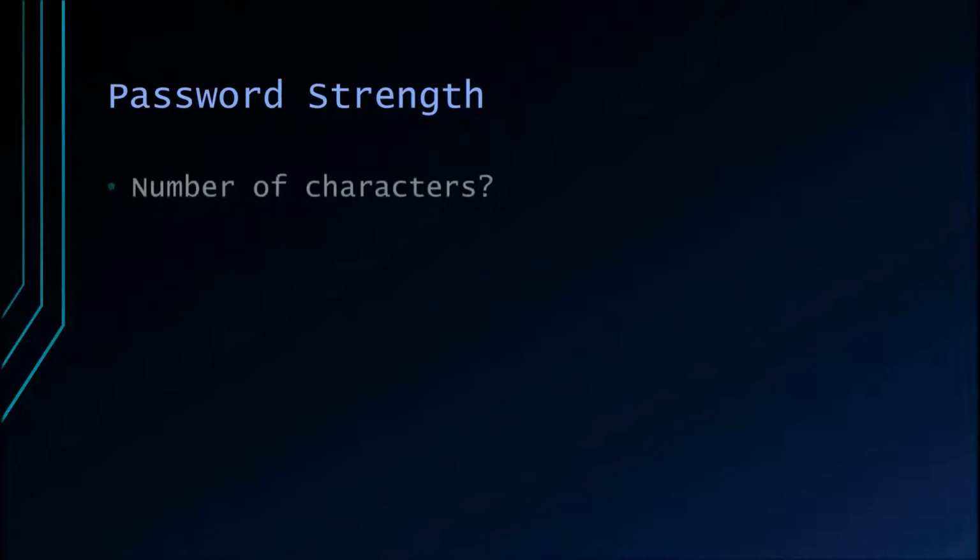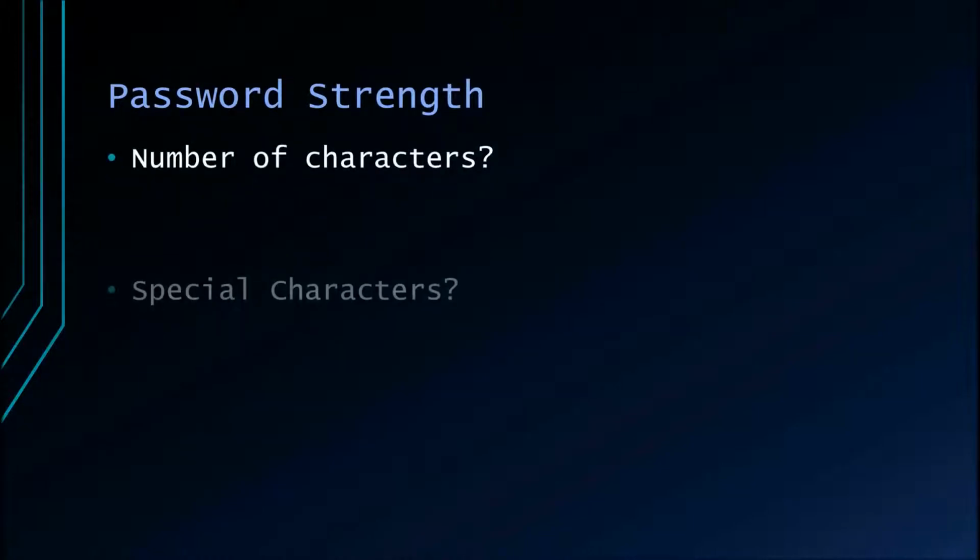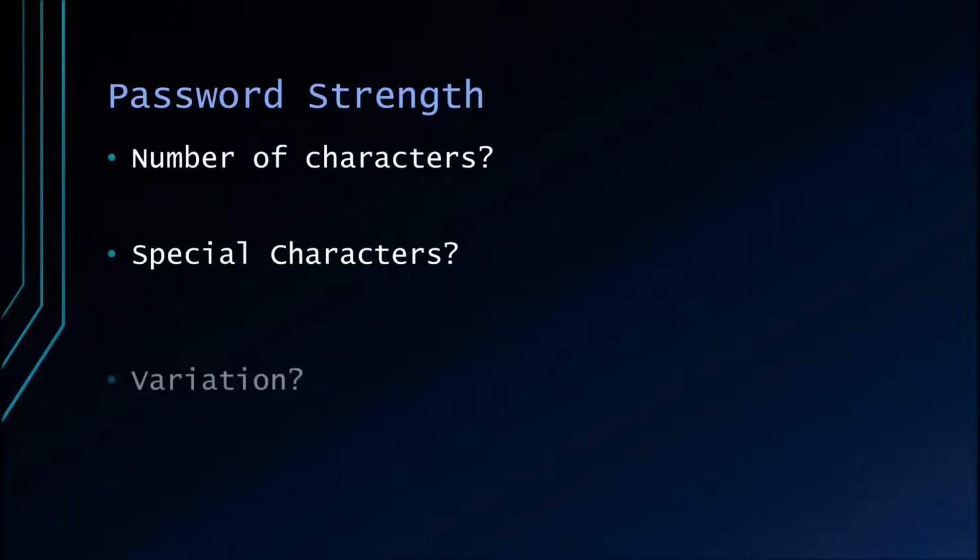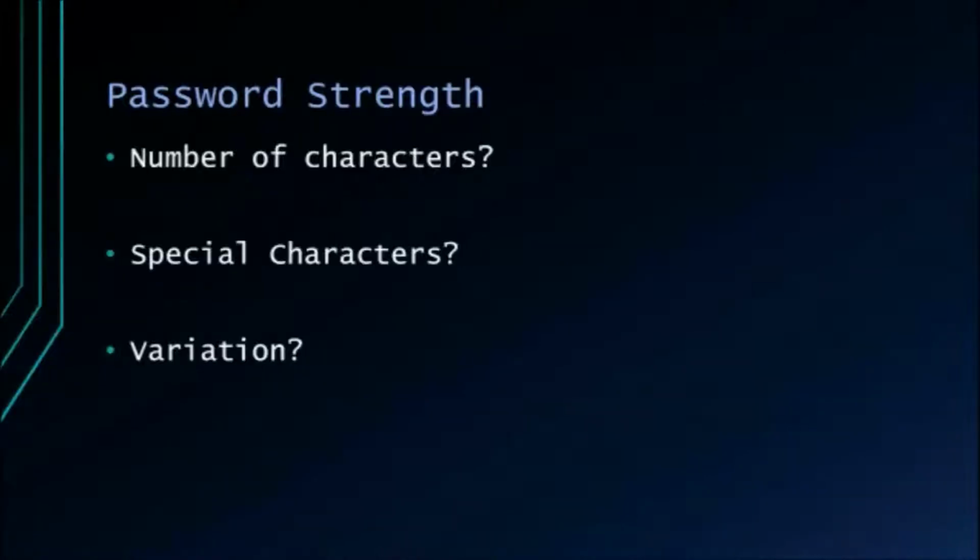Before we begin creating a password, we need to understand what truly makes a password strong. Is it simply the amount of characters? Does including special characters help it at all? Or perhaps the amount of variation is the key element? All of these ways of thinking have us believing that a strong password cannot be memorable. This is not the case, and we'll show you why.